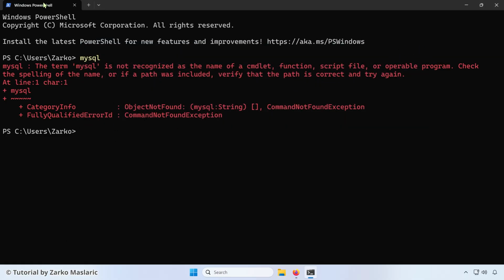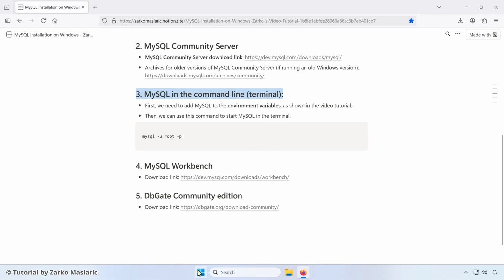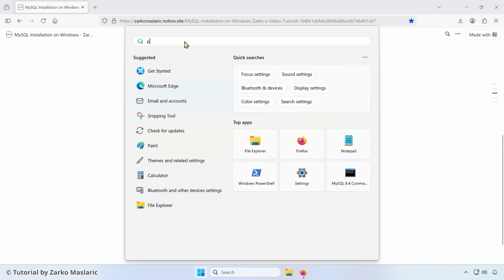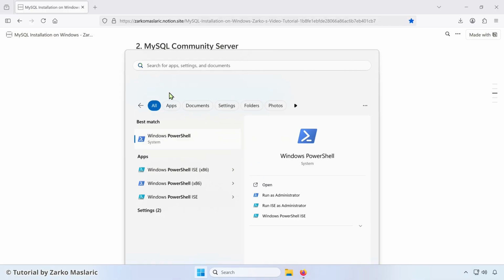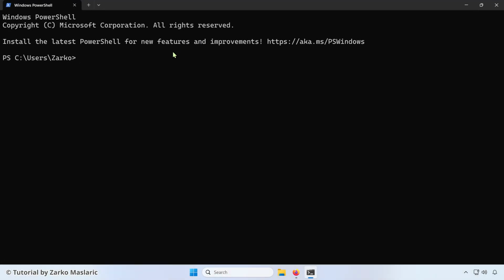And now what you need to do is actually click X here to exit PowerShell, and then you need to start it again from the start menu, search for PowerShell. Again, click on the Windows PowerShell app here, and let's maximize it. And now write this specific command. So write MySQL, then a space, then a dash U space root space dash P. So double check, make sure that it looks like as shown here with all the spaces and the dashes, and